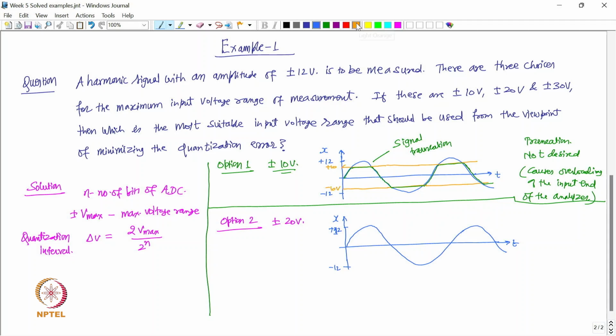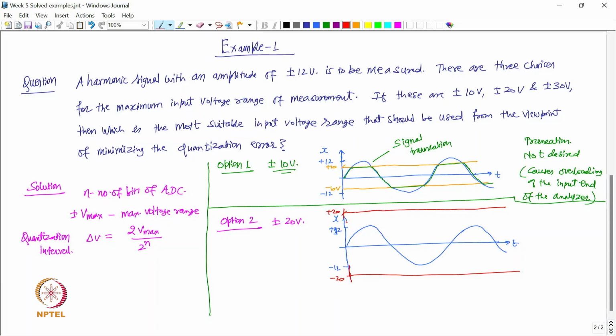And now if I mark the voltage range here, this voltage is 20 volts, right. So somewhere here, something like this. So very approximately I have marked it. So this is plus 20 volt and this is minus 20